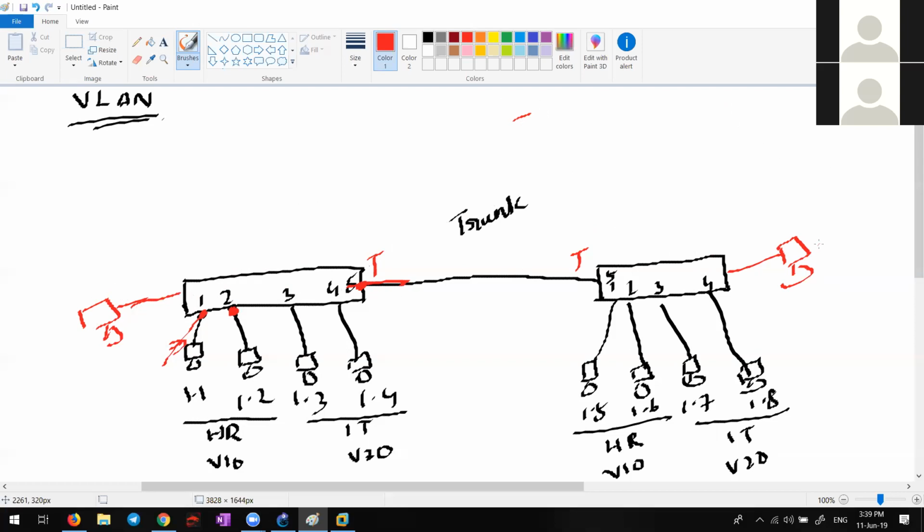Then there is a question. Why do we need native VLAN? What was the purpose of introducing native VLAN in the network? In the beginning. Right now it is a different story. What was the reason they introduced native VLAN while introducing the concept of trunk or .1q? Security purposes? No, there is no security actually. That is the current scenario nowadays. No tagging can cause kinds of attack like VLAN hopping, which can be easily done. So it's not a secured thing.